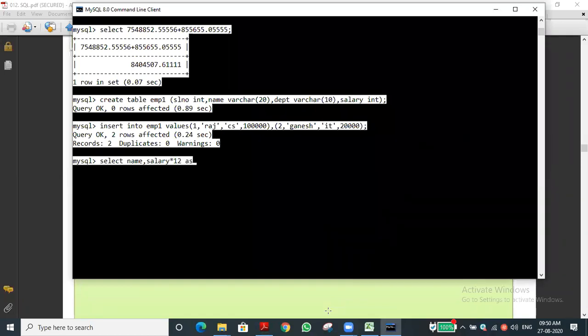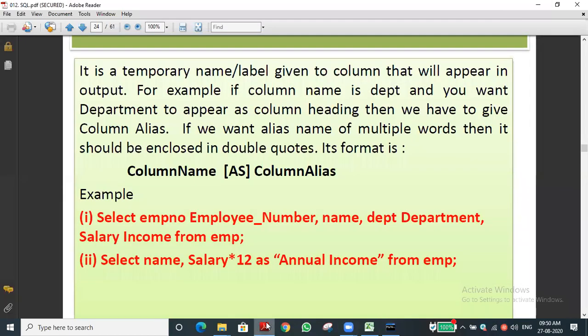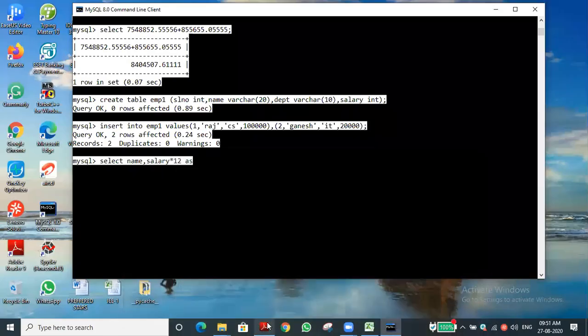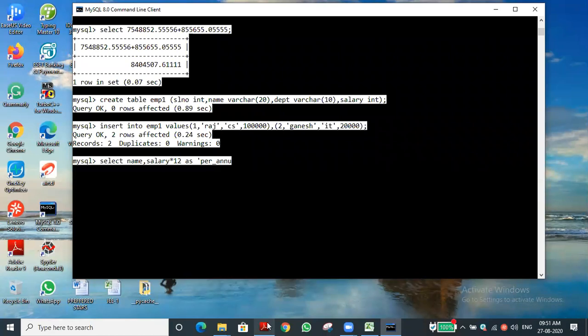We are giving another name in single quotes, annual income. We need to give it in a quote. For example, I'm giving per annum, and we should not use space, that is one of the conditions. As per annum, from the table EMP1.